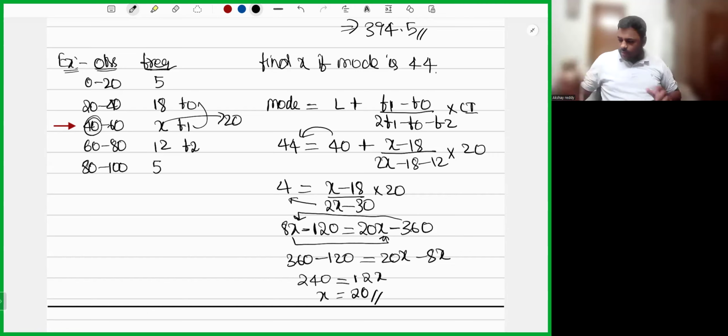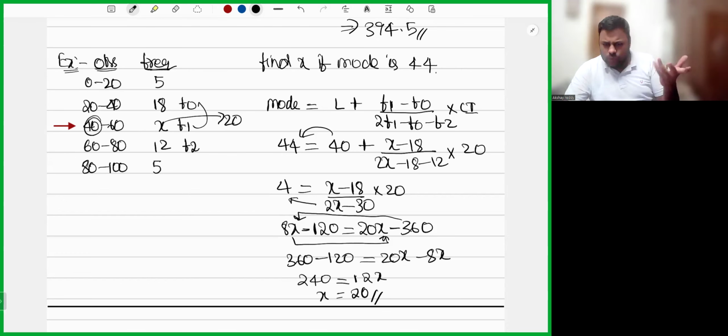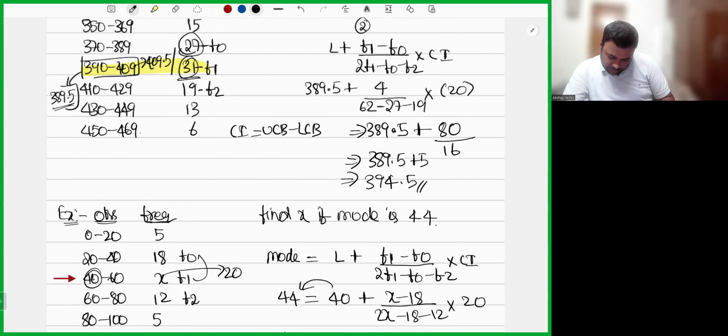In tomorrow's session, I'll complete partition values and dispersion. Two dispersion topics will come. So the day after tomorrow, the dispersion chapter will be completed altogether. So central tendency and dispersion is a very lengthy chapter, and one class we take for effects. It's not more than one, maximum two sessions. Okay. Now,